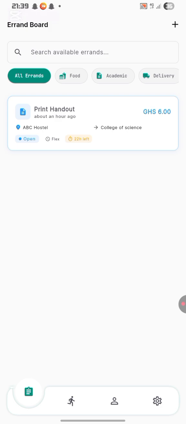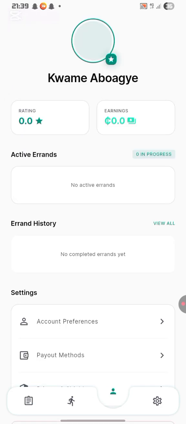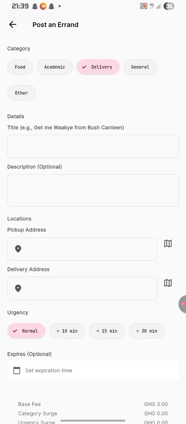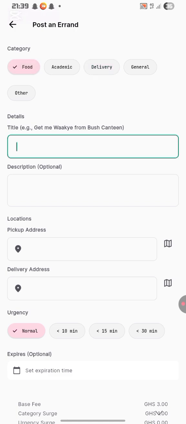So as you can see, I am already logged in. You can see my name over here. And I'm going to show how a user on Runners will be able to use the application. So over here on the plus icon, we tap on it for a user to add an errand. So I'll select a category for food